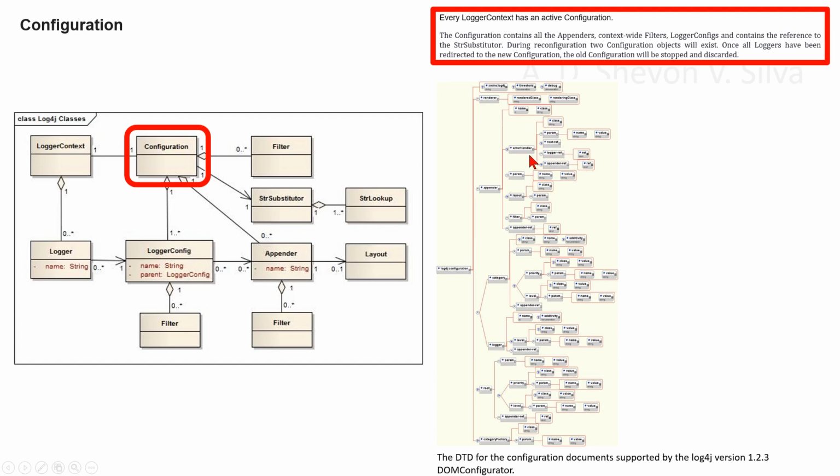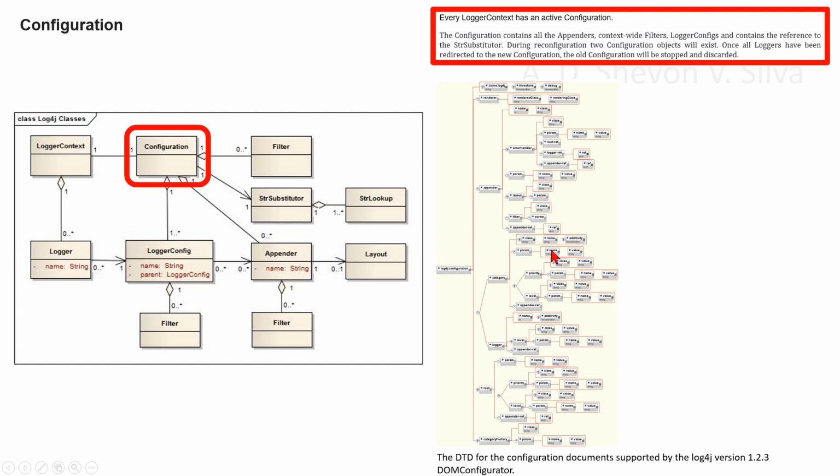Here the error handler interacts with appender-ref. It interacts with ref id ref. Here the param interacts with name string and value string. Here the layout interacts with class string, param, and here the filter interacts with class string and param. Here the appender-ref interacts with ref id ref. Here the category interacts with